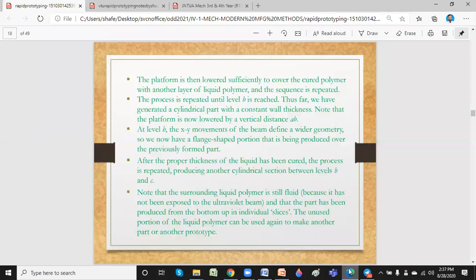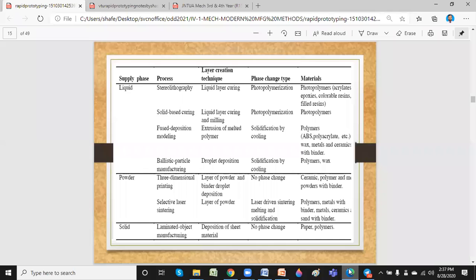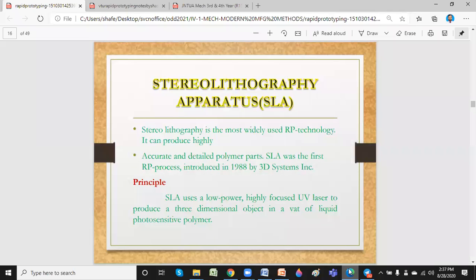This is one of the methods used for rapid prototyping to produce 3D printed models.